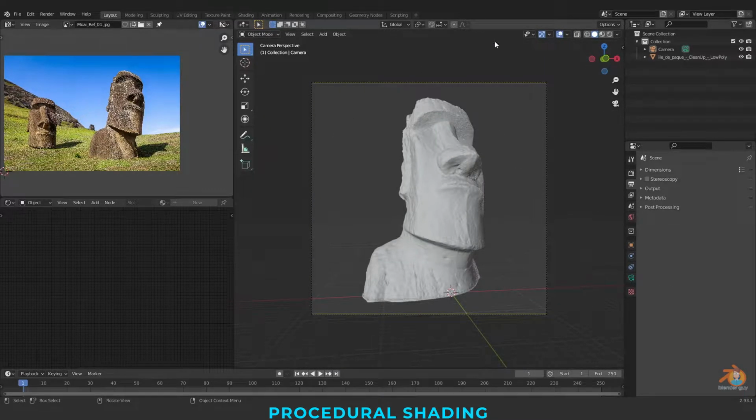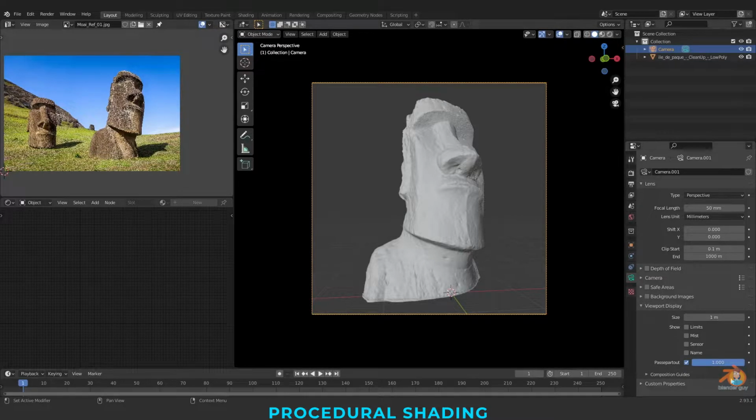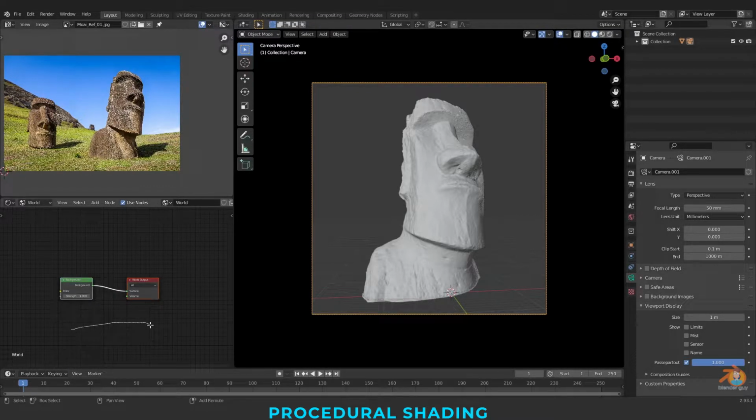And next thing, I usually select the camera and go to the viewport display and increase this so that it will be darker here. And going to my world, I'm taking an HDRI. As I told in my previous tutorial, HDRI stands for High Dynamic Range Image.